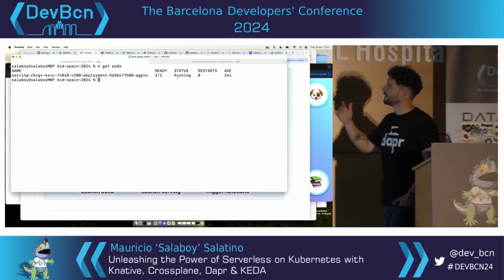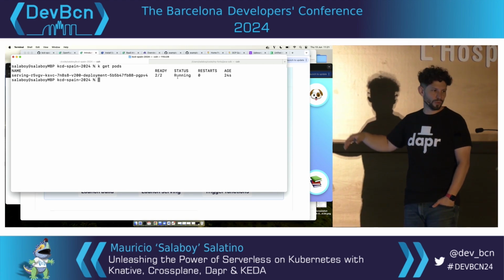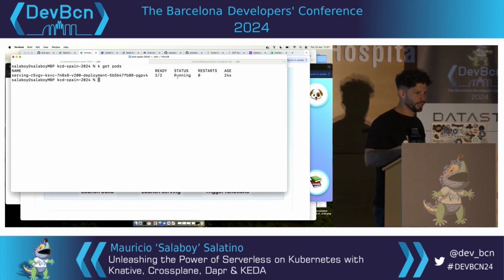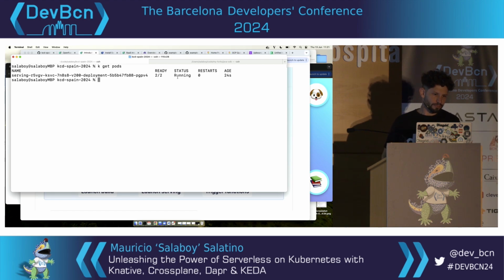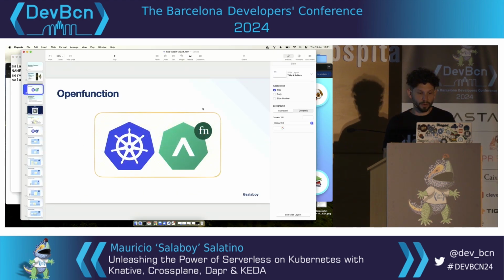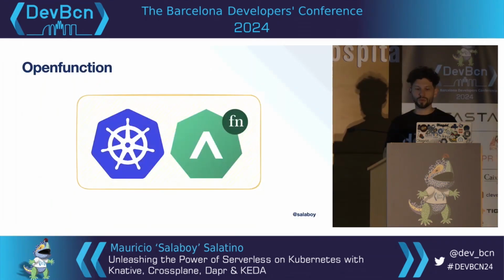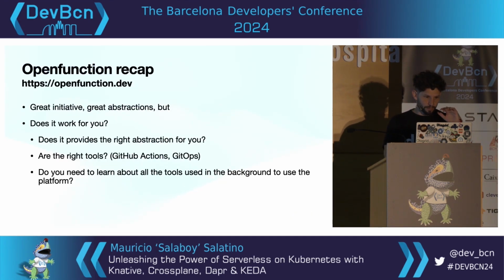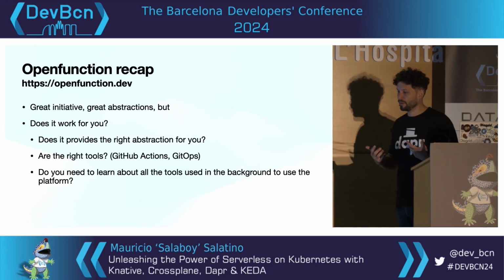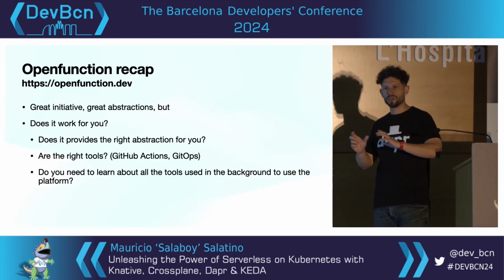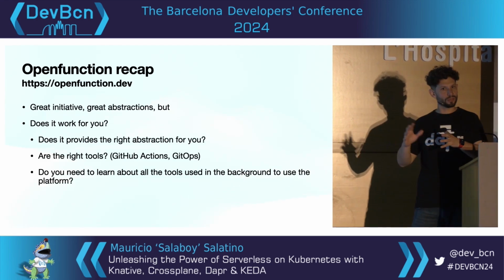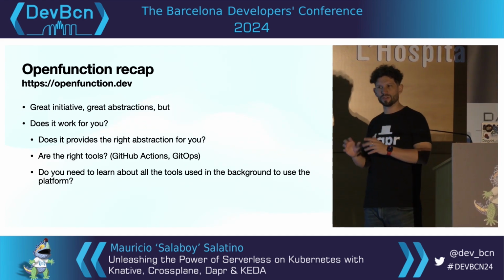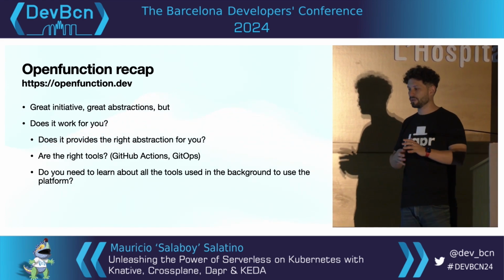Right? And again, as I mentioned before, there are some tools that are basically implementing this behavior, and it's up to you to define if the way that OpenFunction is gluing things together works for you or not, right? OpenFunction is, for me, a great initiative. Again, there are some language barriers that we need to tackle, because all the documentation is a little bit strange, being translated from Chinese to English.